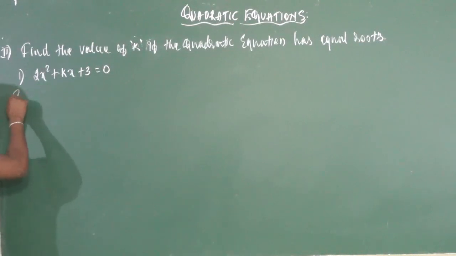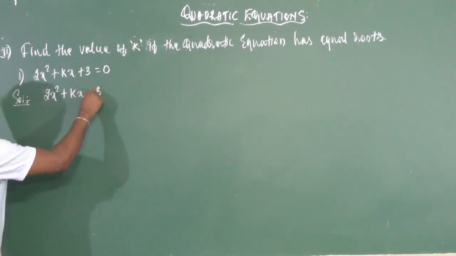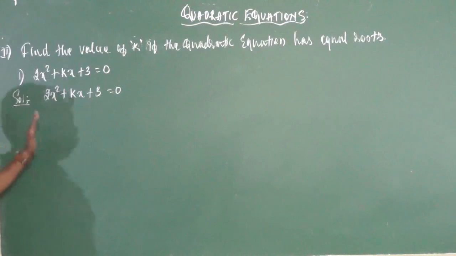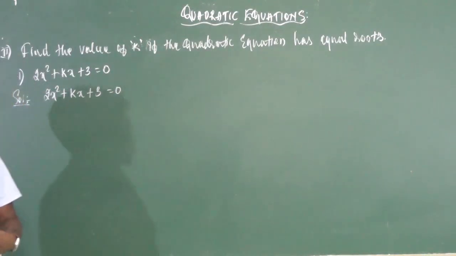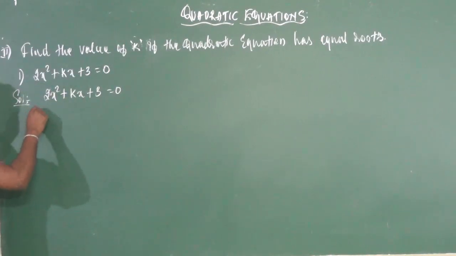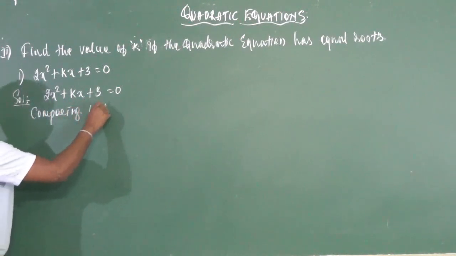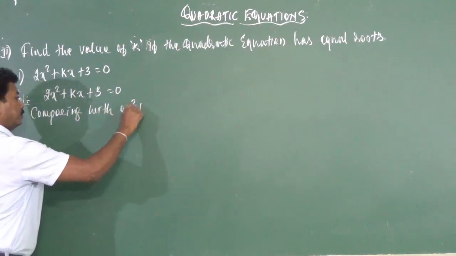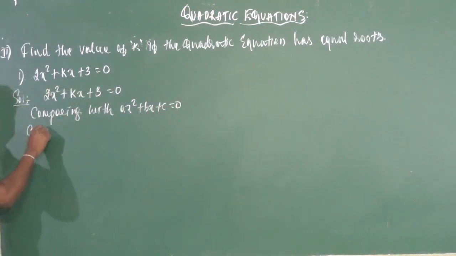So now let us get into this. Take the quadratic equation 2x square plus kx plus 3 is equal to 0. Compare the quadratic equation with the standard form and take out the values of the coefficients, that is a, b and c. So comparing with ax square plus bx plus c is equal to 0, the coefficients are